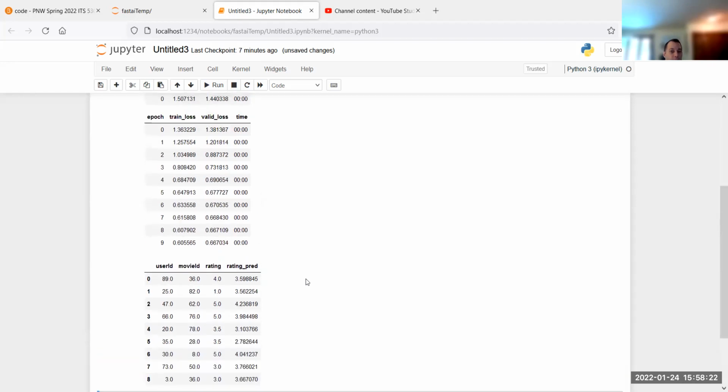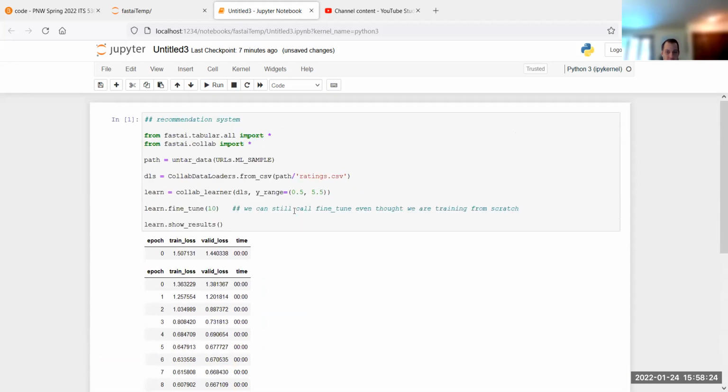Because it's predicting quantities there, we have to give it this range. Now remember here, we are not using a pre-trained model, and instead we are training from scratch. And notice that we can use fine tune. And then later on in the semester, we'll take a look at more of those details. Okay, and that's it. So that's a nice example of some of these.